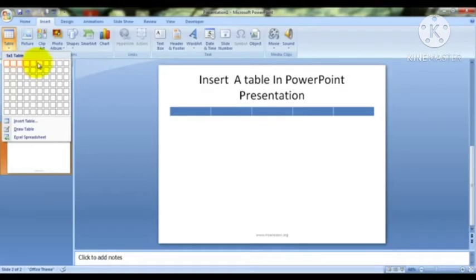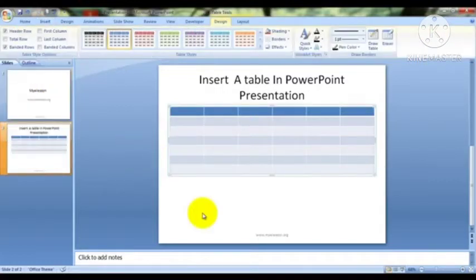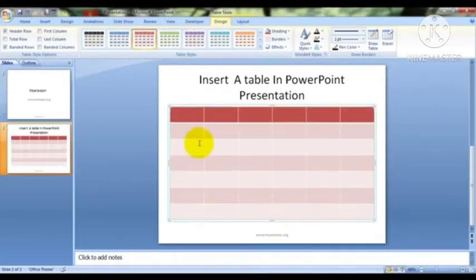An empty table will be displayed. We can fill data in to complete our table. We may use different table formatting options to make changes in the table. We can give design to a table. So different designs are there, and we can insert those designs in our table.